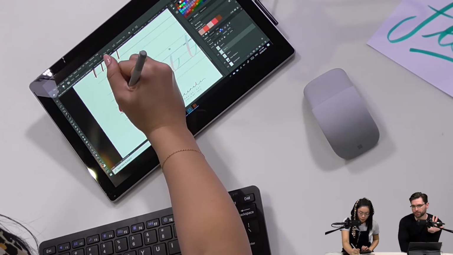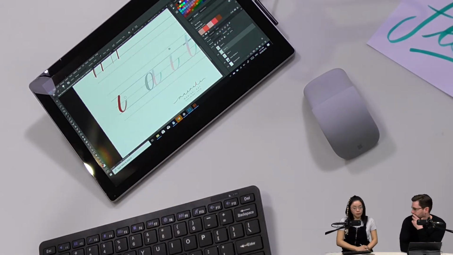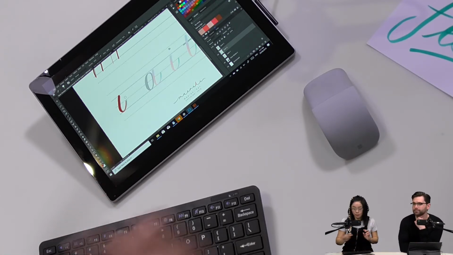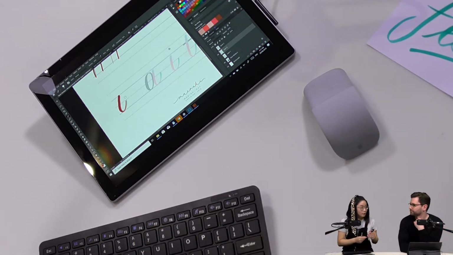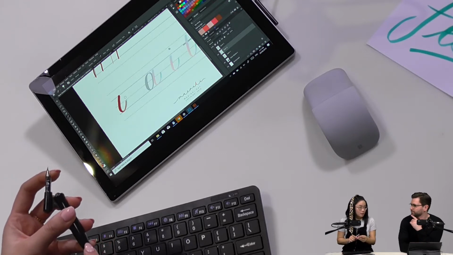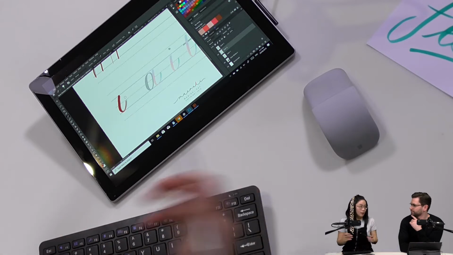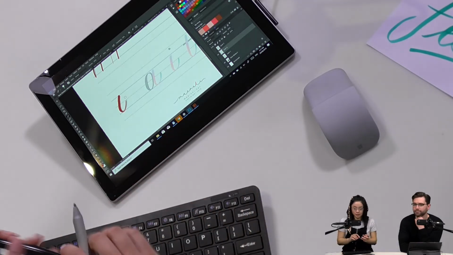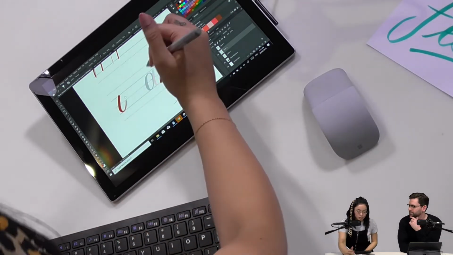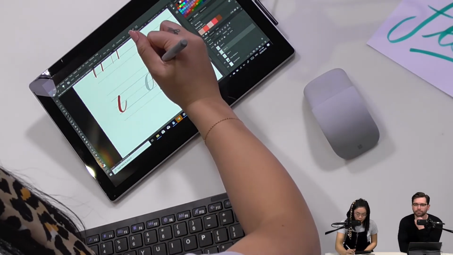So why would you do a thick stroke and then a thin stroke rather than a consistent stroke the entire time? So with brush lettering, it's basically mimicking calligraphy. And this is like a traditional method where the nib actually spreads into a thick and then a thin. Right. So I think it's just copying that, but more modern, I guess. Cool. And I think it adds a little bit of dimension as well.